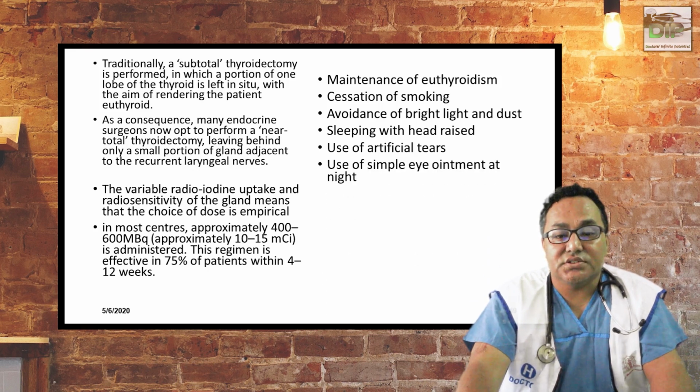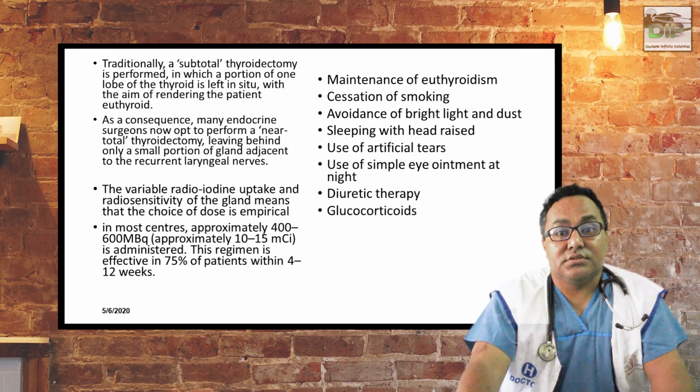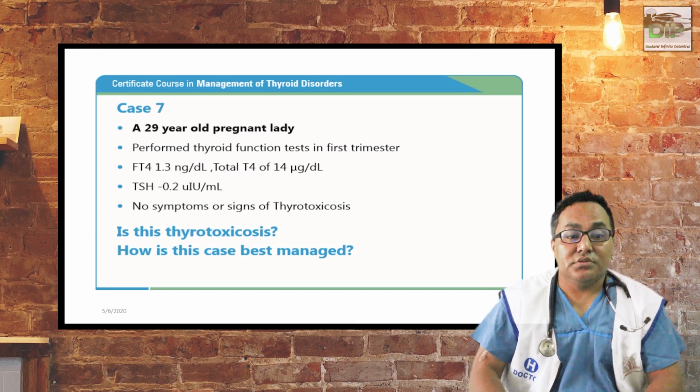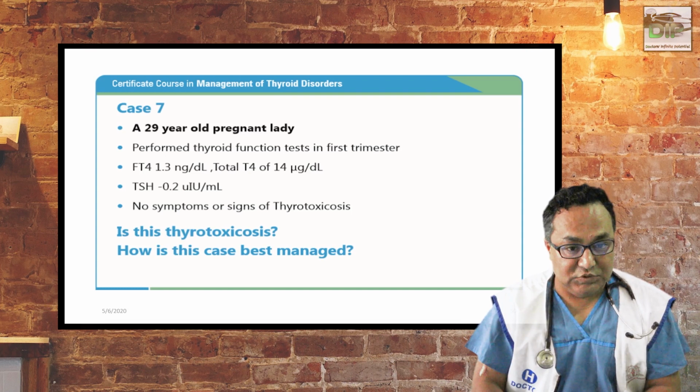Use of artificial tears, use of simple eye ointment at night, diuretic therapies to decrease the swelling of the eyes, steroids to decrease the swelling of the eyes and for anti-inflammatory effects, and surgical decompression of the orbits. That is the Graves' ophthalmopathy treatment. Another important issue in the management of thyroid disorder is